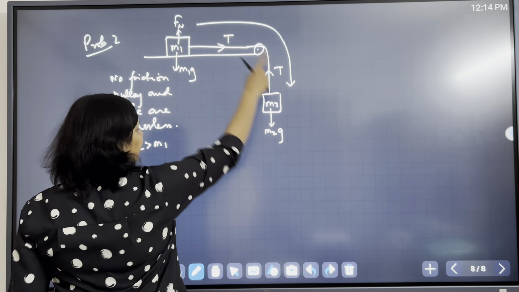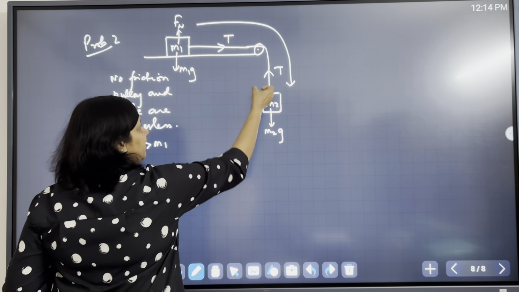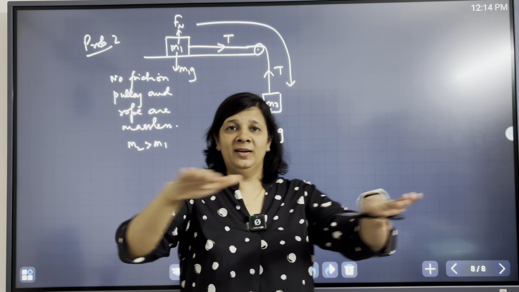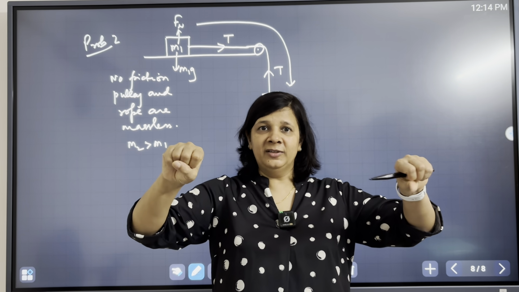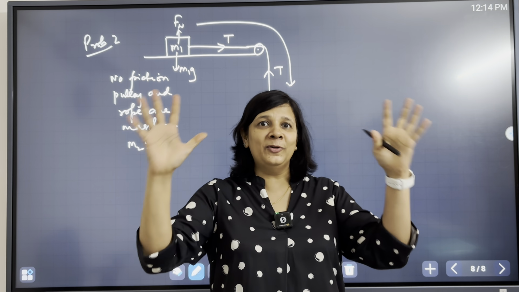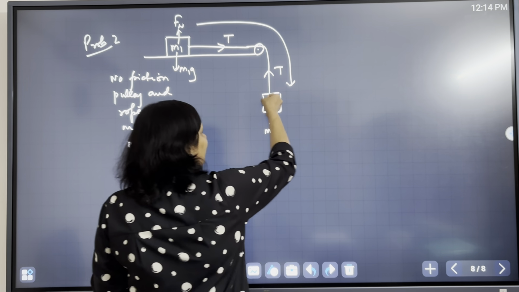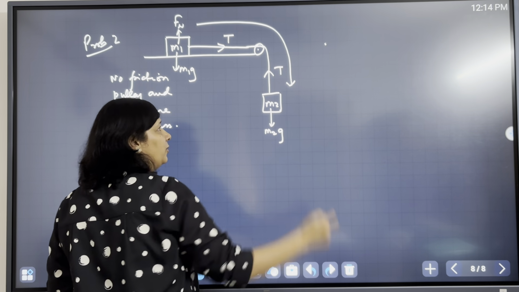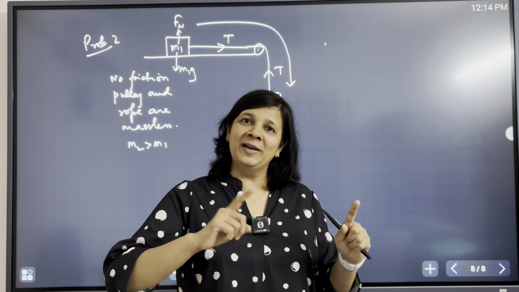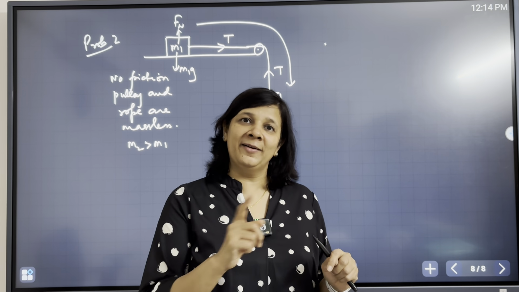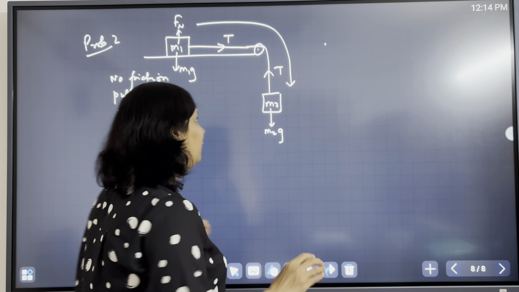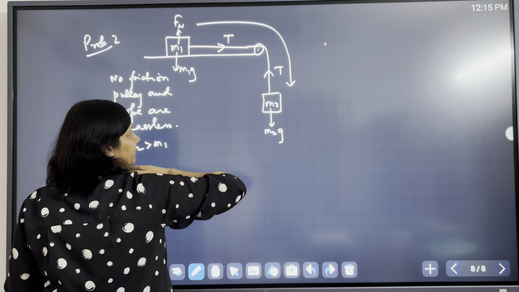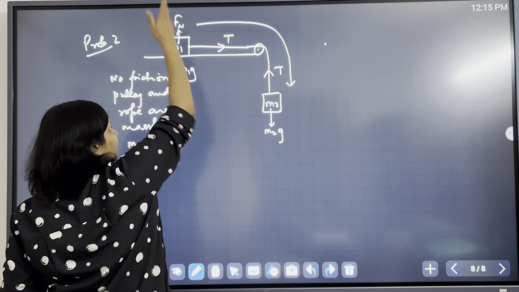The axis is bent. You can also imagine this mass to be on a straight table, like the problem which we have done earlier when the two blocks were kept. Just for your thinking, you can assume that this block is kept here and it is pulled towards there with the help of M2G. This becomes exactly the same problem which we have done earlier. So this is your x-axis, it is just bent, and this is your y-axis.